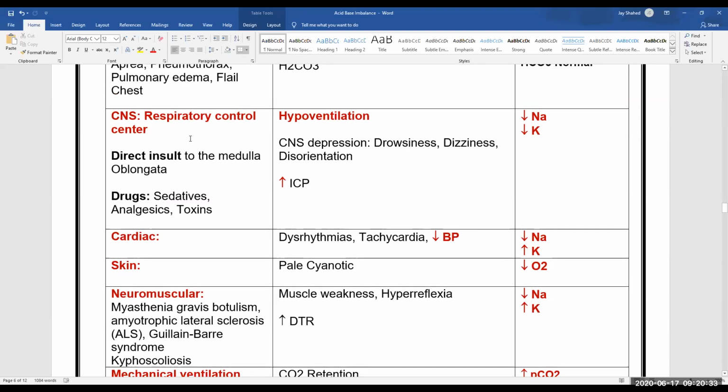You have a center in the brain, the medulla, that controls breathing rate. Excellent. Drugs like morphine and opioids can cause respiratory depression, causing hypoventilation, and also depress the CNS, causing drowsiness, dizziness,